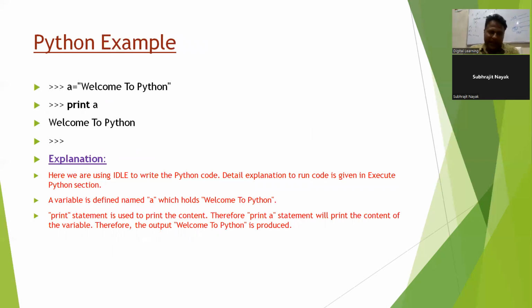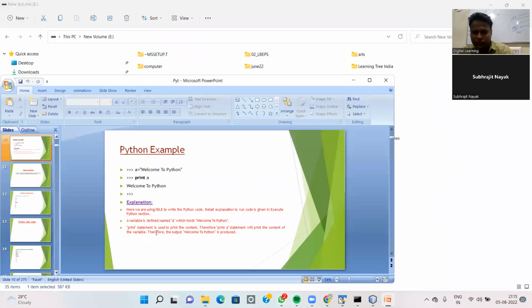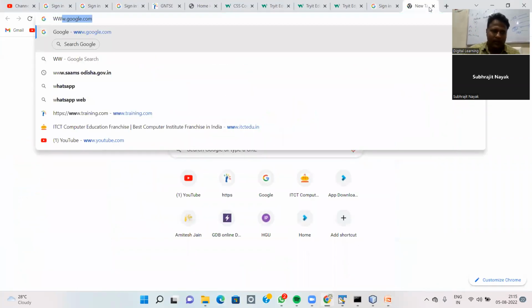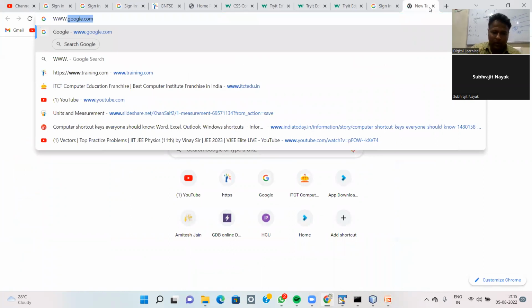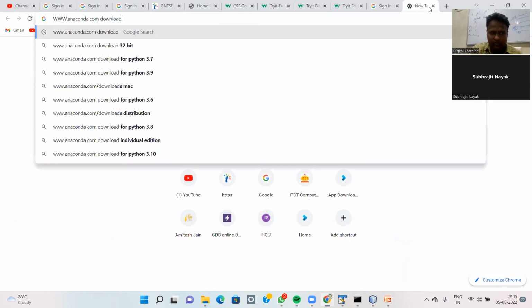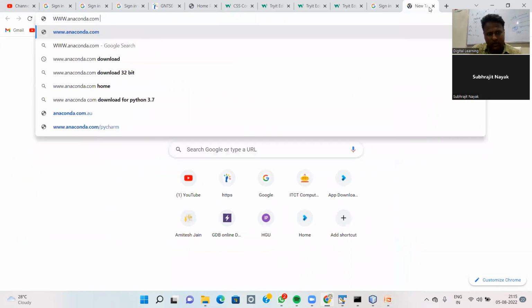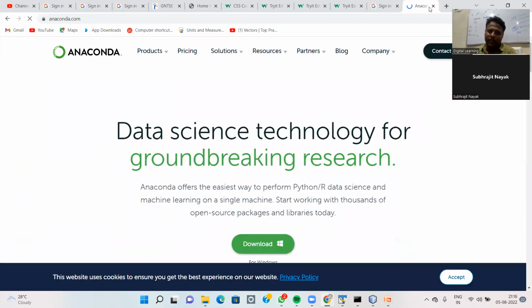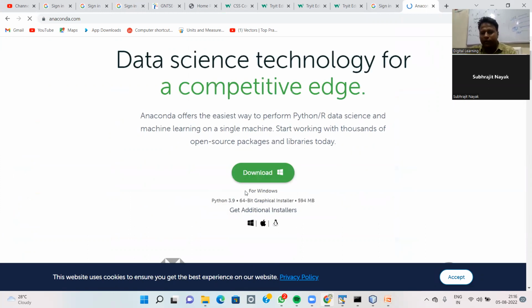So how to write a Python program? First of all, you have to install it on your device. Go to www.anaconda.com. Here you get the software, like download for Windows.